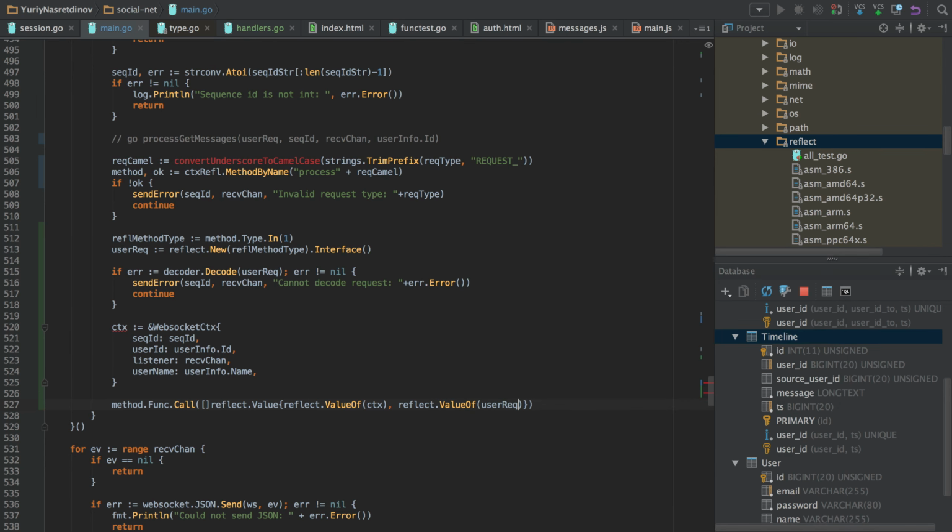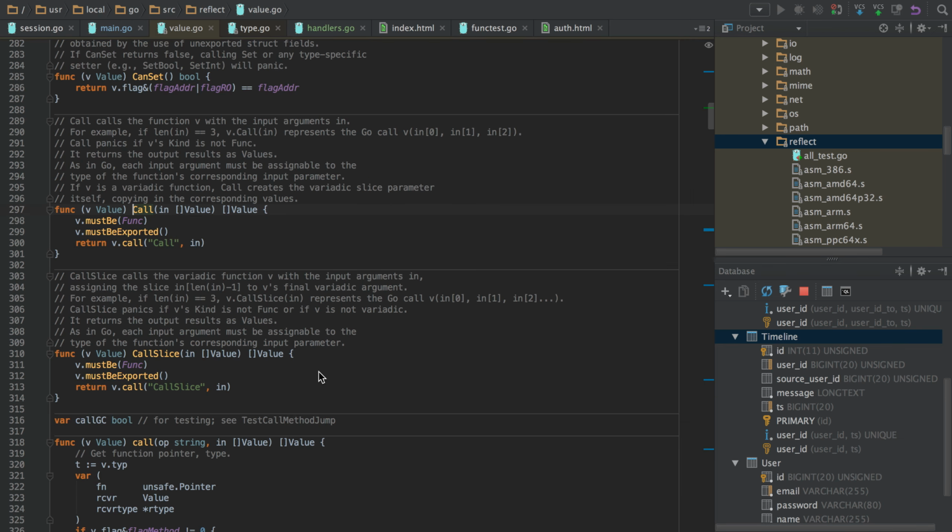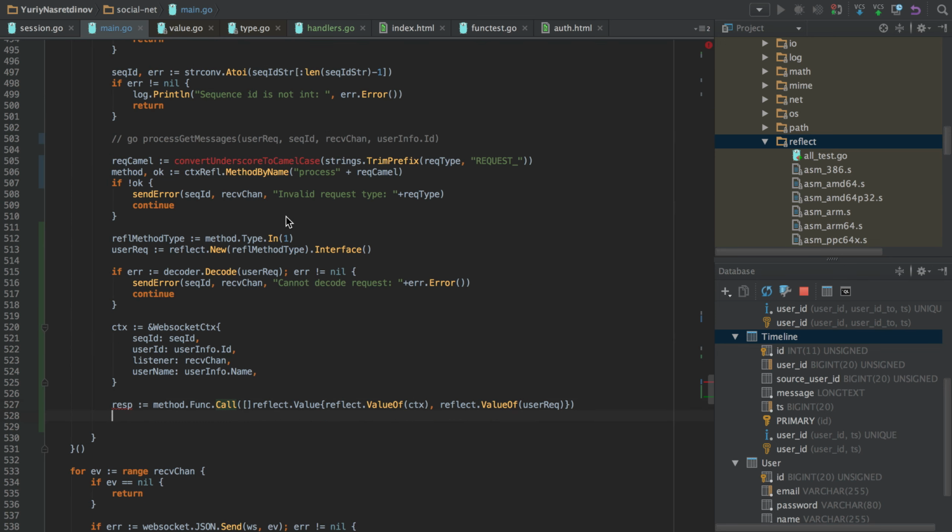So the first value is the receiver, and the second is the user request, of course. And we get the slice of output values, and in our case it should have only one element in it. So yes, as you can see, it returns the values that the function returned. So we call this.